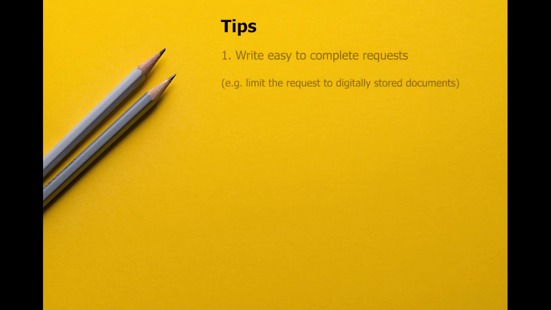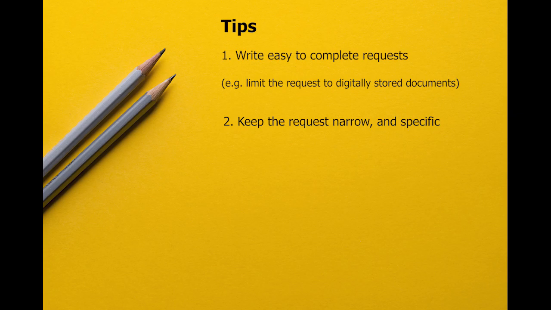First, you might want to write the request so that the department can search quickly for the document. You might do this, for example, by saying, please only include documents that are stored electronically. Second, you want to keep your request narrow and specific. So don't just say something like, I want all emails in the department written by this person. You might want to say, I want emails written by this person in this week, or I want this specific